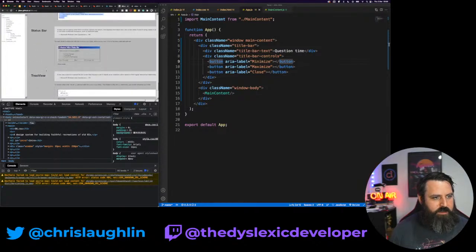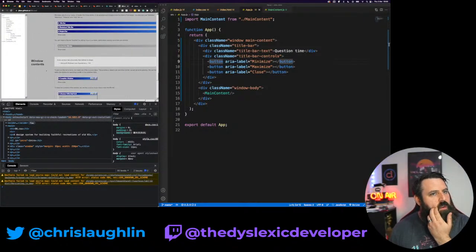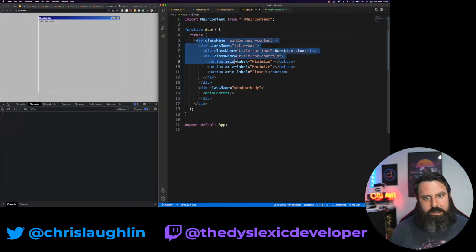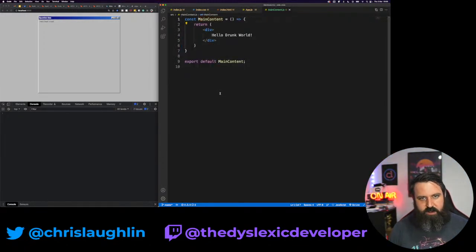I don't know if we have lists or not as well, but we'll see where we're going. And this is our bare bones app that we have at the moment. So let's get going. As you can see, there's a lot of random HTML in here, but we're going to be focusing on this main content area where we're doing all our work.